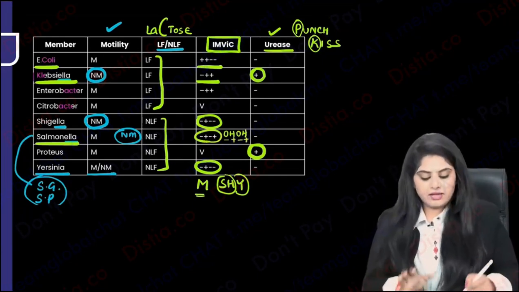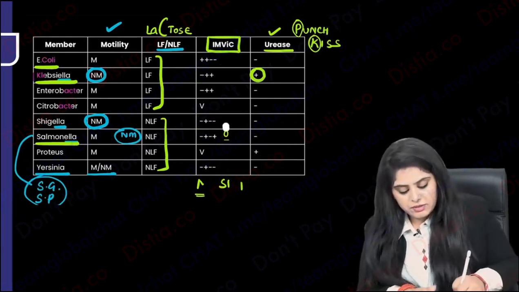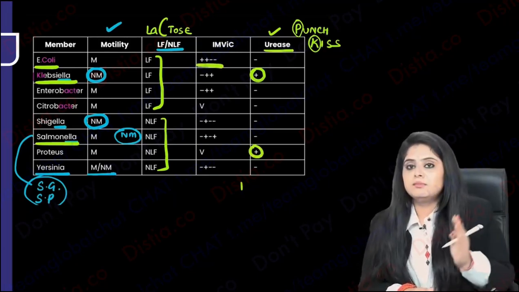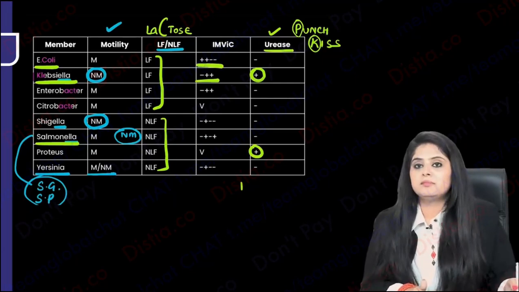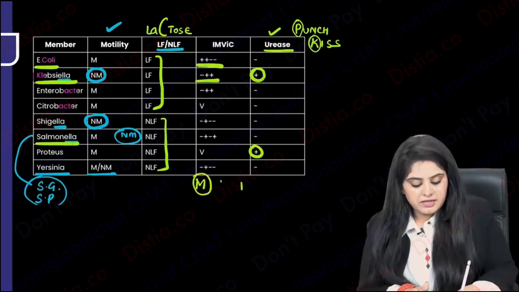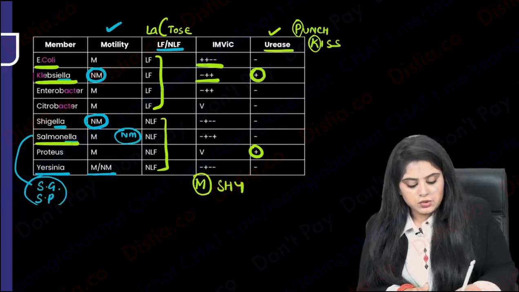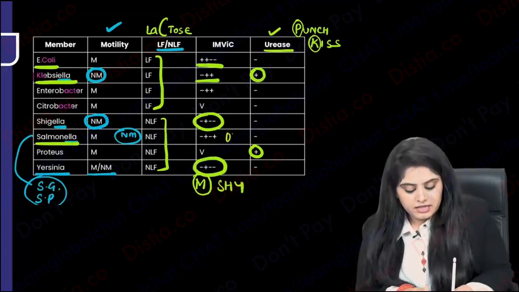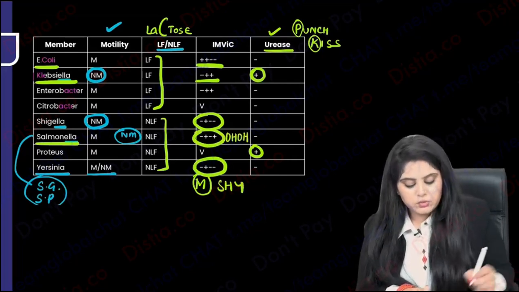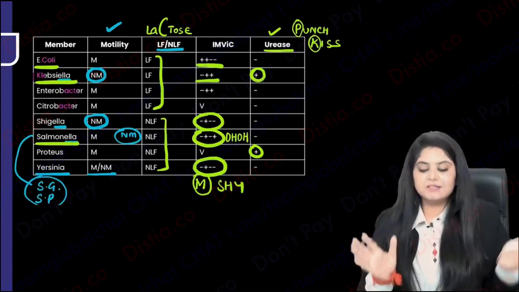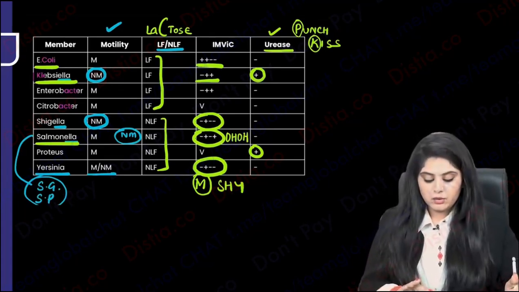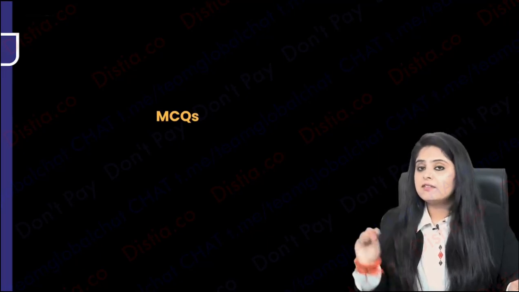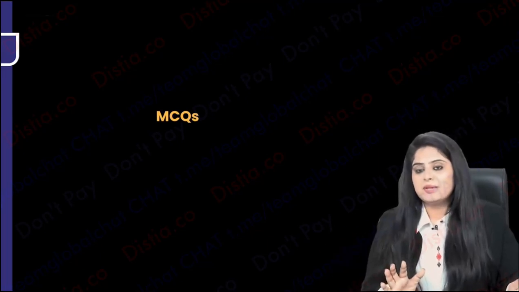Others you don't have to learn. Whatever I have told you, only that much information. Repeating once again for all of you. When I talk about E. coli, plus, minus, Klebsiella, minus, plus. I am shy tells me methyl red is in Shigella and Yersinia. So Shigella mein methyl red, Yersinia mein methyl red, and Salmonella is going to be OH. OH is going to be minus, plus, and this entire family is over. I know it's lengthy, it's one of the lengthiest gram-negative organisms we have. Other ones are thankfully chota, but I hope you've been able to understand it.